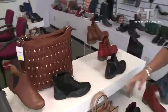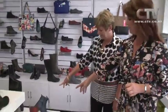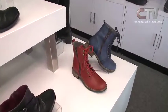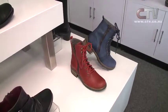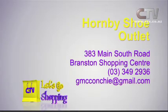What a beautiful display of shoes that we've looked at today, and all these gorgeous natural colours, even something a little bit funky, a little bit more Doc Marten looking down here as well. All of this and just so much more out here at the Hornby Shoe Outlet, open 5.5 days a week. Hornby Shoe Outlet, they're at the Branston Shopping Centre,